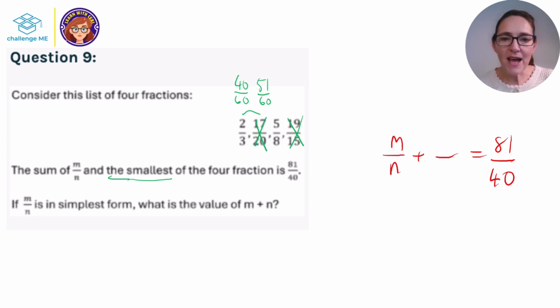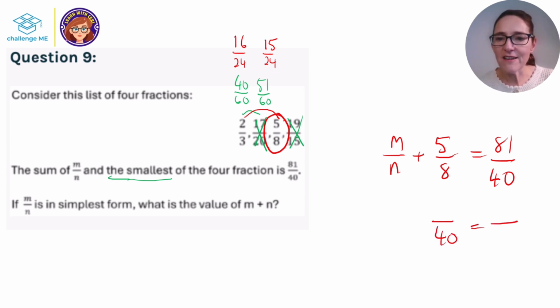Now we need to compare the 2/3 with 5/8. I'm going to put them over a common denominator of 24. I'm going to multiply the first one through by 8 and the second one through by 3. And I can see that 5/8 is the smallest. So I'm going to put that here as my add, 5/8. Right, okay, so if I'm adding 5/8 and I need a total of 81 over 40, I'm going to use an equivalent fraction by multiplying by 5 to be 25 over 40. And so that would mean 25 to make 81 means I've got to add